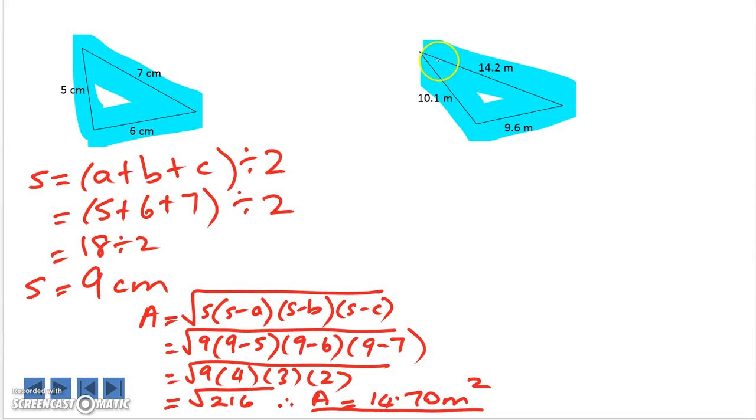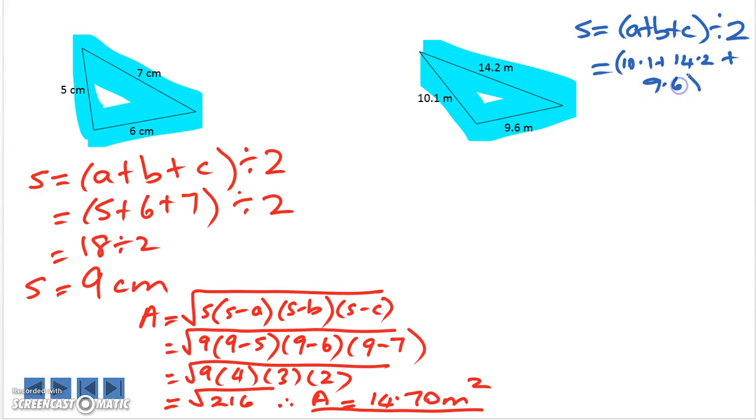So recognising we've got 3 sides only, so we need to do our semi-perimeter. So adding them all up, 10.1 plus 14.2 plus 9.6, and then dividing it all by 2 will give us the answer of